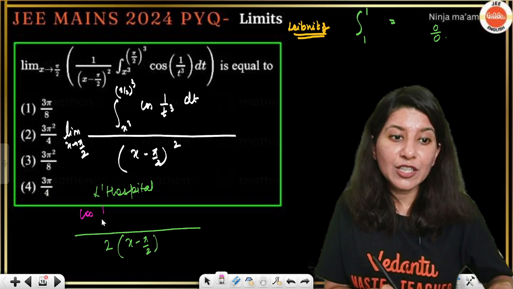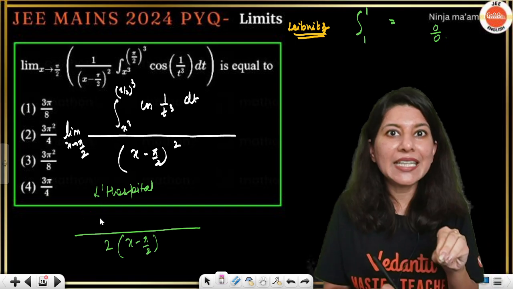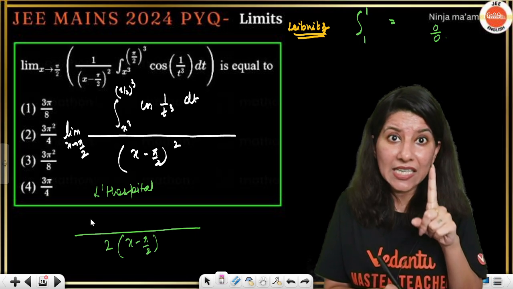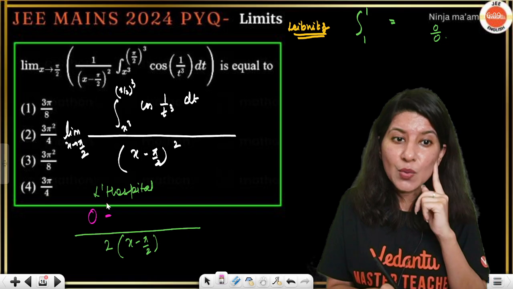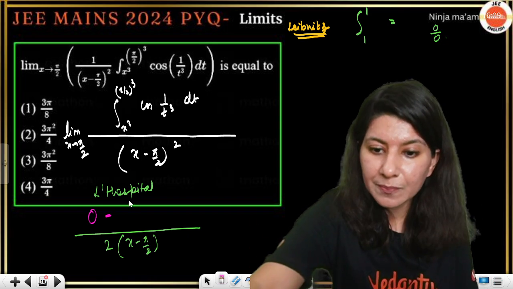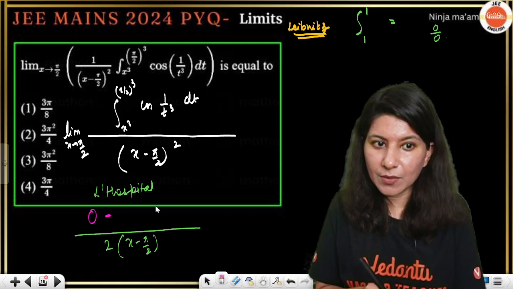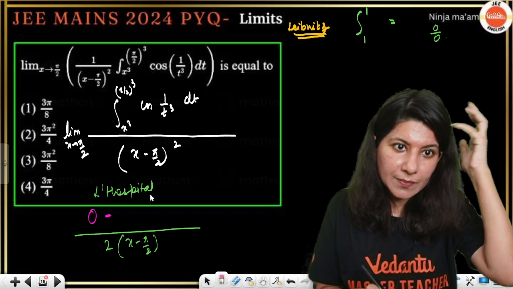And we need to differentiate the upper limit. So you have to put the upper limit in place of t and then differentiate. The moment you differentiate the upper limit, pi by 2 is constant, so you will get a 0. Minus. This time you have to put the lower limit in this. So that will become